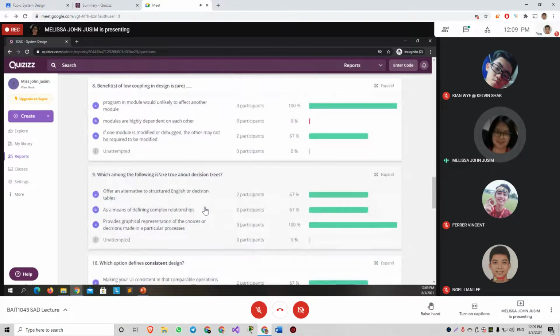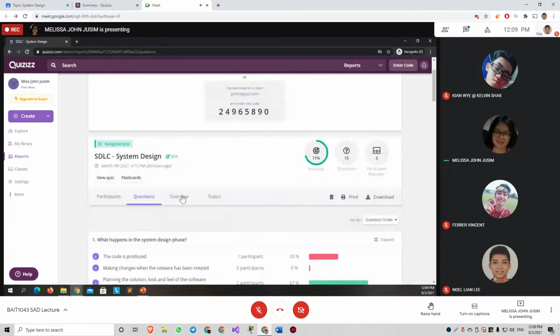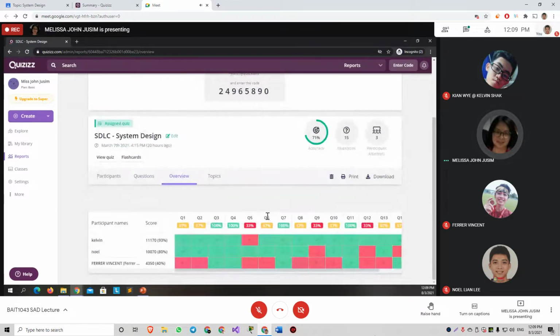Okay, 9. Which among the following is true about decision trees? Alternatives, yes. Can be used to define complex relationships, yes. These are correct. Question 8, 9, and 10.